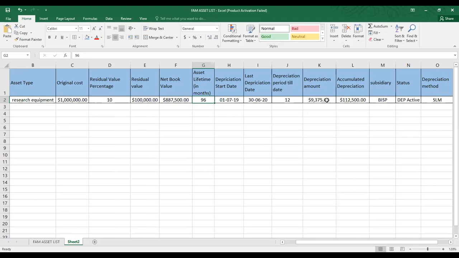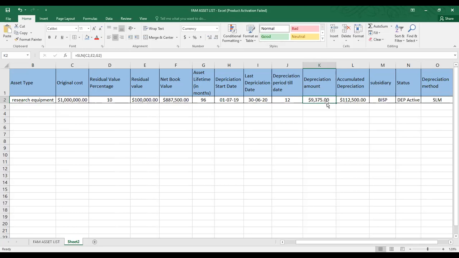Since the depreciation method is SLM, and the status of the asset is depreciation active, that is, it is still depreciating. The amount of depreciation with the SLM method is $9,375.